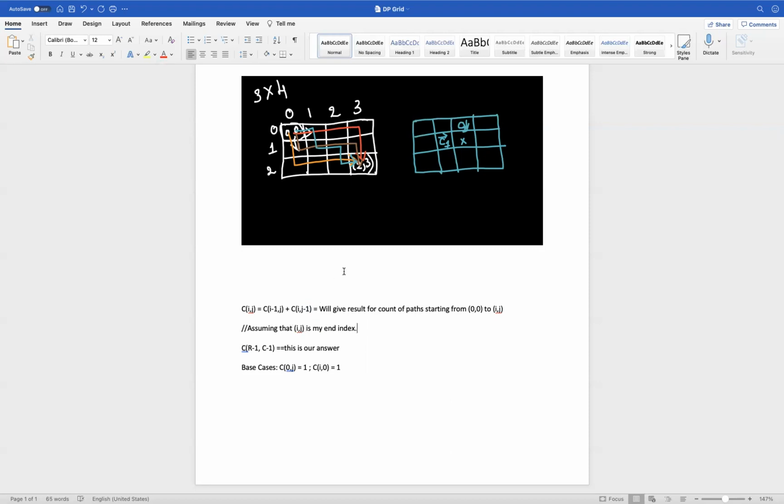So I noted down the x; I assumed that this is my end index or destination.